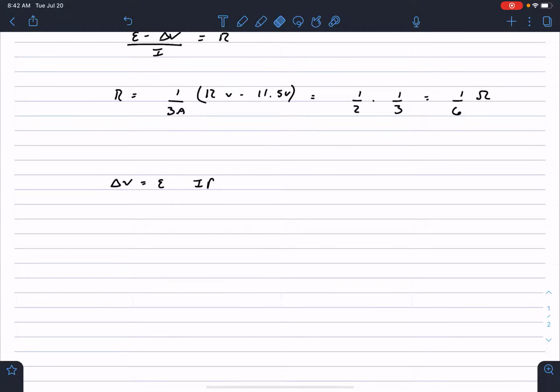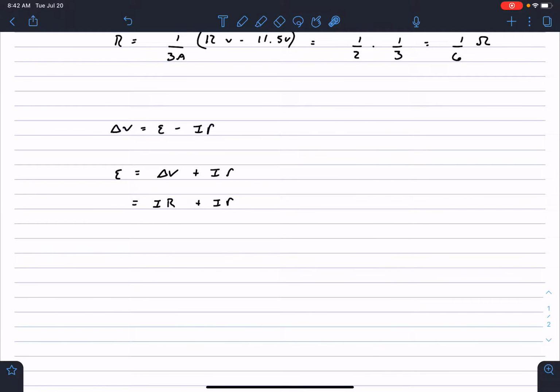So we'll use little r because we want to figure out, well, let's just flip these around. So we have EMF is equal to delta V plus Ir, where delta V is going to be the current times the load resistance. And then we have plus the current times the